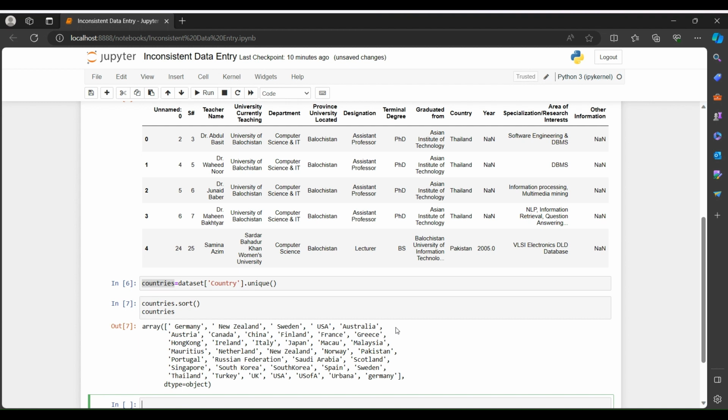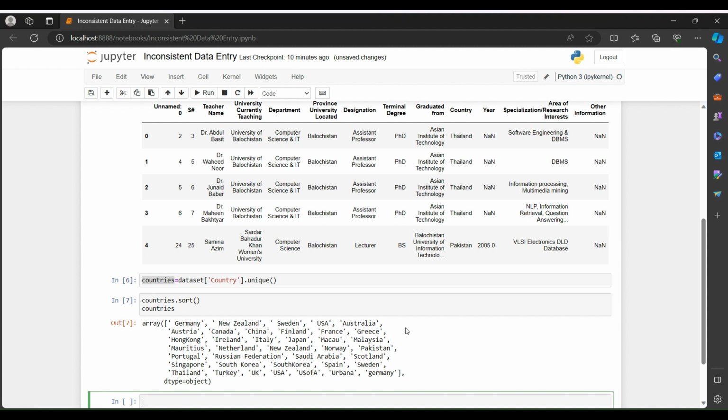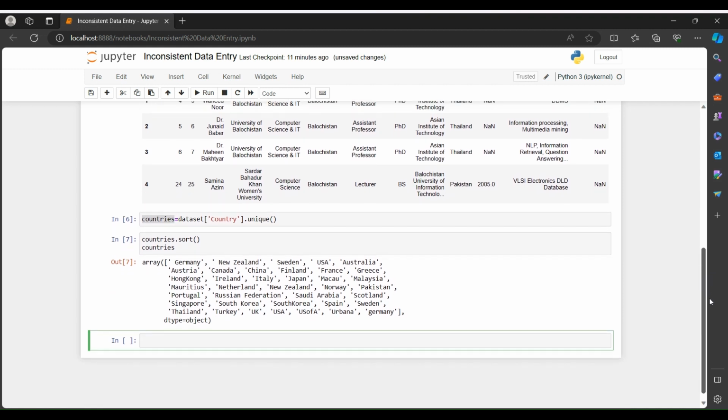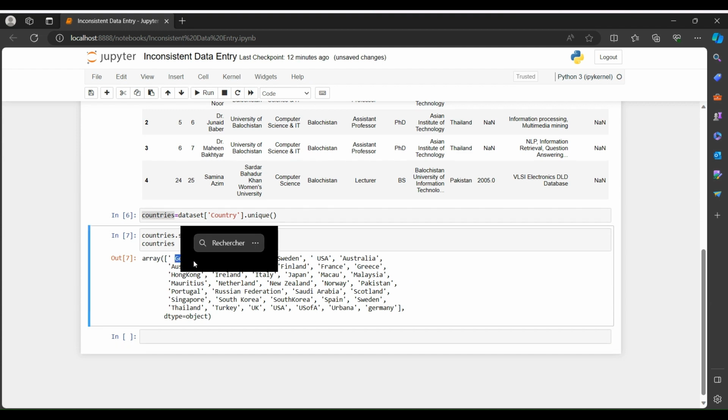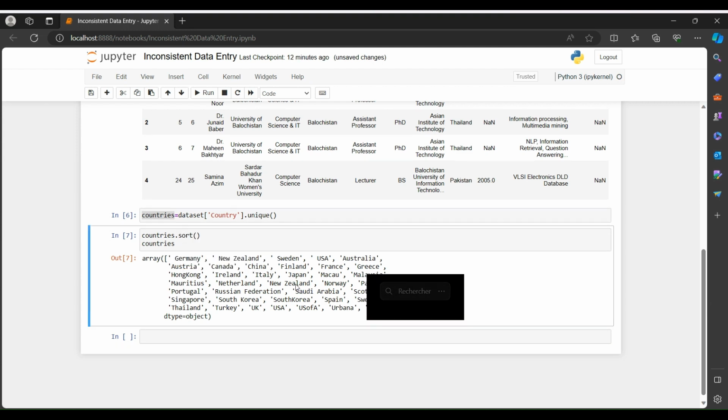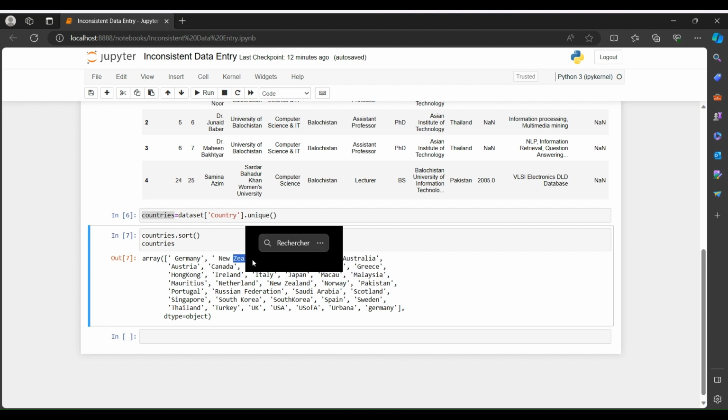So here you can see Germany, New Zealand, Sweden, USA, Australia, etc. Just looking at this, I can see some problems here, like Germany, New Zealand. So the first thing I'm going to do is make everything lowercase and remove any white spaces at